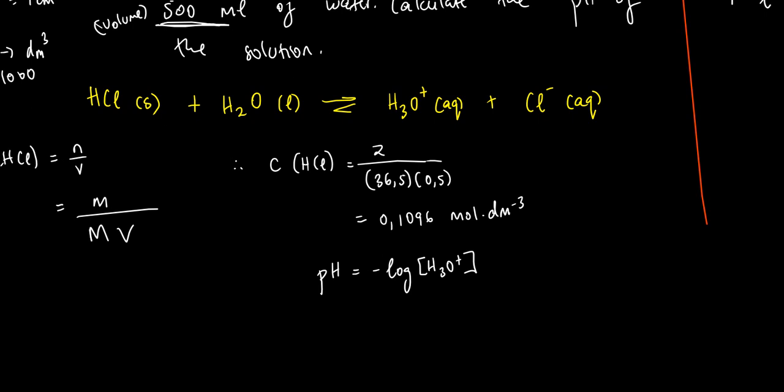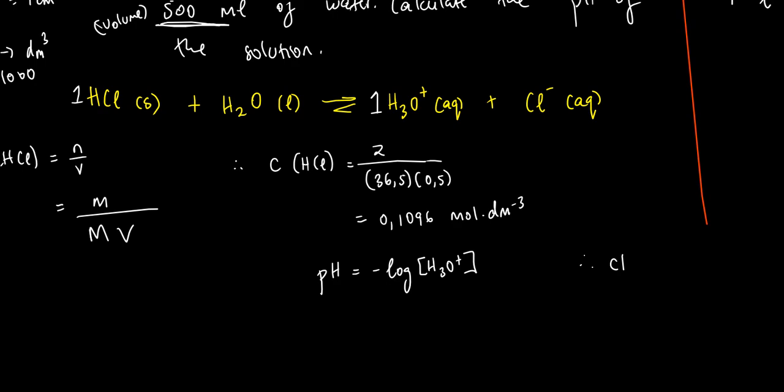It's quite simple. You just look at the ratio. Since the ratio is 1:1, I mean everything is balanced there. Look, there are 3 hydrogens, there is 2 plus 1, which is 3. There's 1 oxygen, there's also 1 oxygen, 1 Cl, there's also 1 Cl. So that tells you that the reaction is balanced. So we then look at the ratio. The ratio is 1:1. If the ratio is 1:1, that tells you that the concentration of HCl,